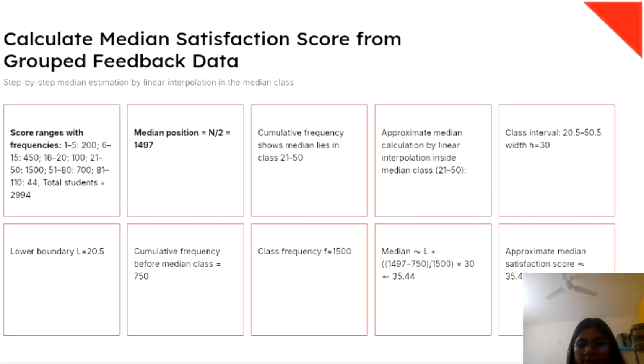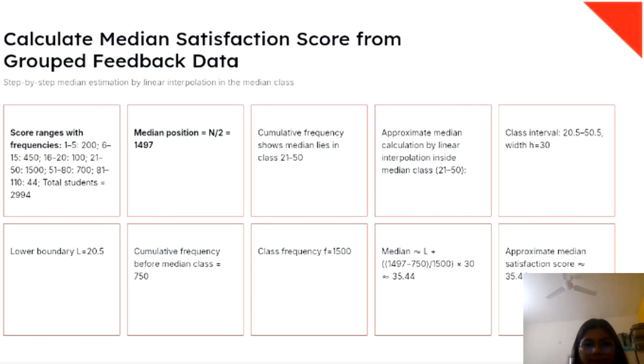Next is calculating the median satisfaction score from group feedback data. We have to find the median. Score ranges with frequencies are given. Total students 2994, median position N by 2 is 1497. Cumulative frequency shows the median lies in